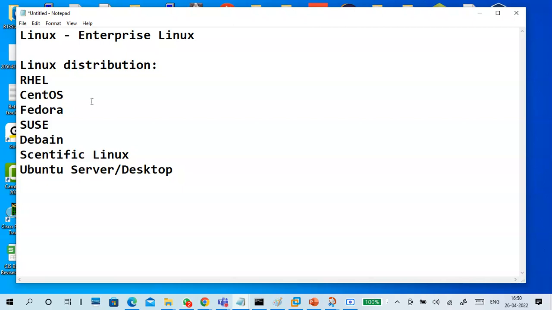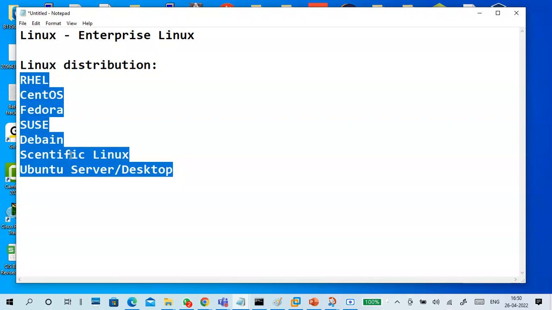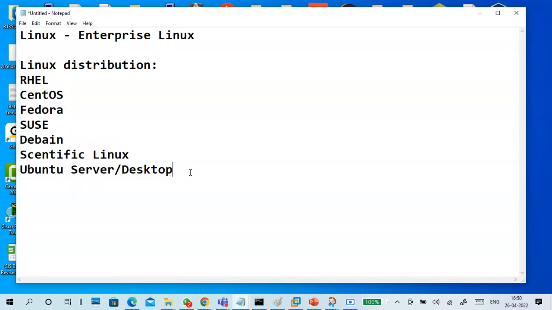CentOS. Okay, so it's not only these distributions, guys. There are a lot of distributions: Linux Mint, Kali Linux, and so on. Kali is for ethical hacking.